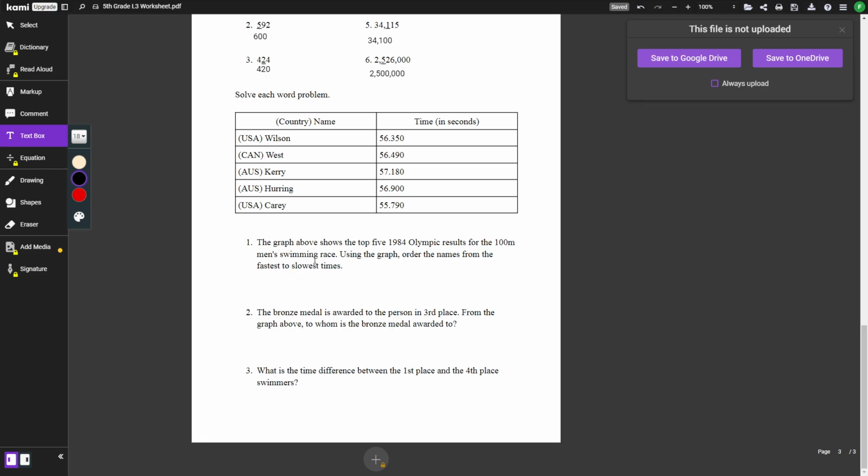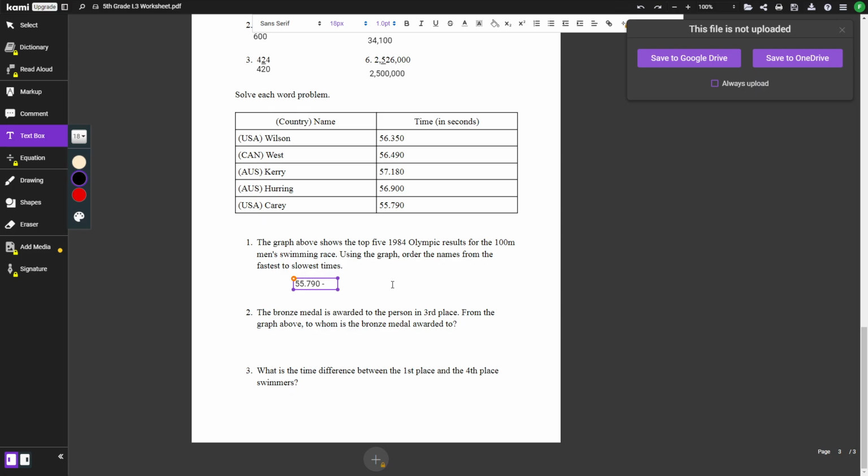Lastly, we have to solve each word problem. The graph above shows the top 5 1984 Olympic results for the 100-meter men's swimming race. Using the graph, order the names from the fastest to slowest times. So first, let's go through the graph, read all of the times off here. We can see that without even reading the decimal points, in the whole numbers, 55 is the lowest whole number. So we would put 55 as the fastest time,